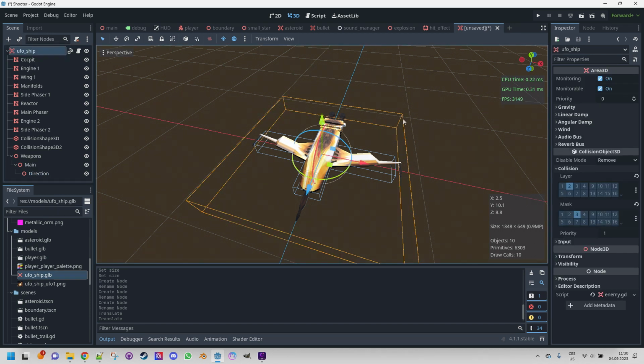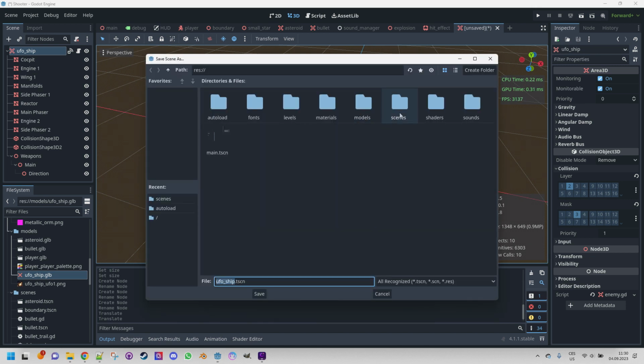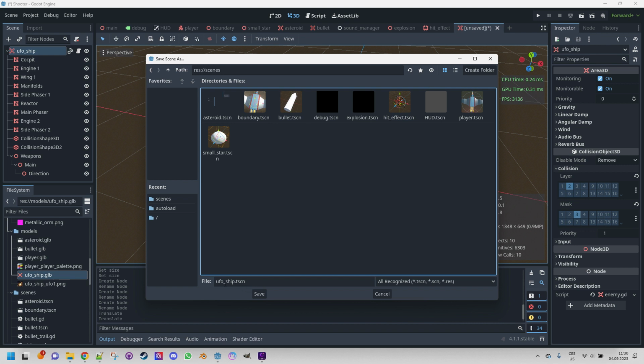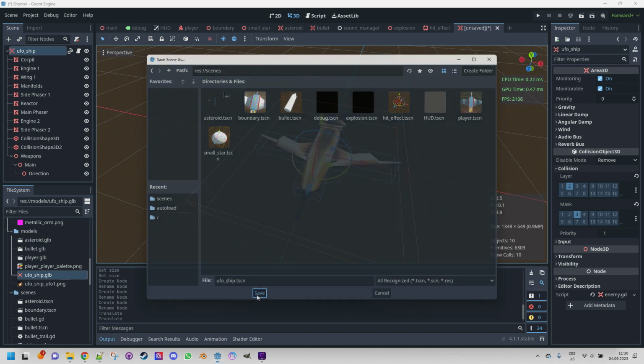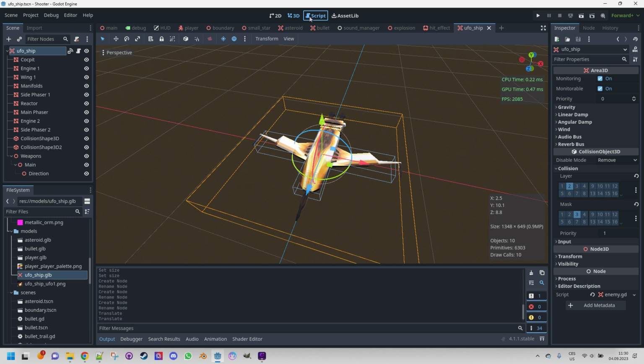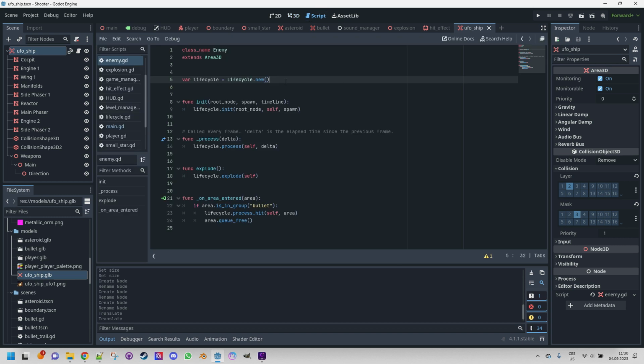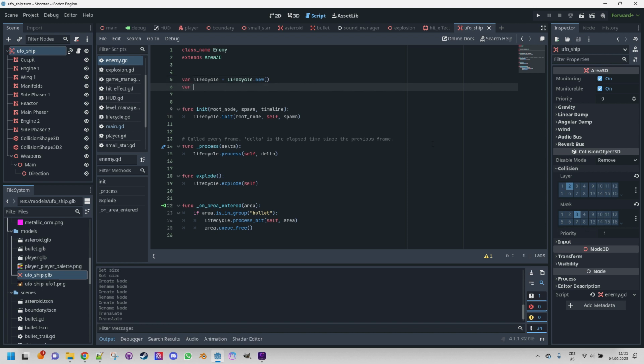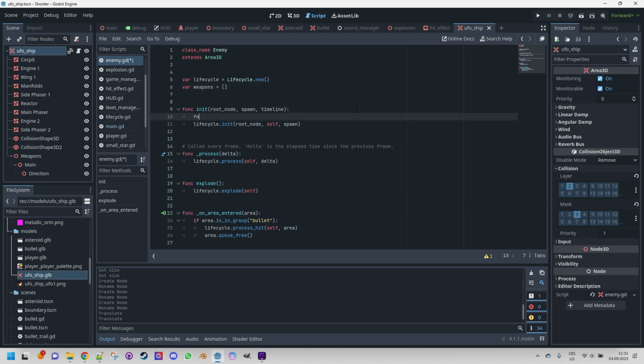We should be finished with the UFO ship model. And before we do the required modification in the script, let's save this scene to the scenes and call it ufo_ship.tscn. Save. Perfect. Now we'll open the script, enemy.gd, and we need to add the weapons which are not there yet. Let's add var weapons is an empty array, and now in the _init function we will detect the node containing the weapons in get_children